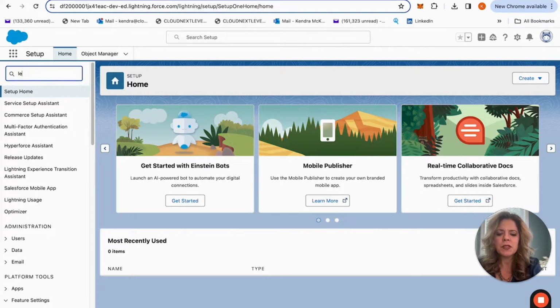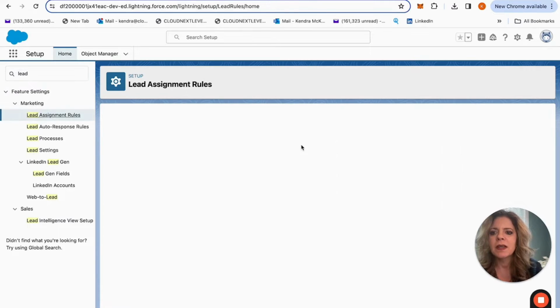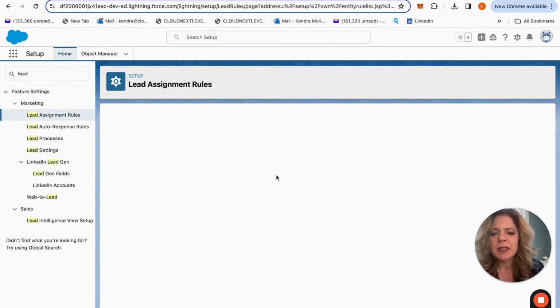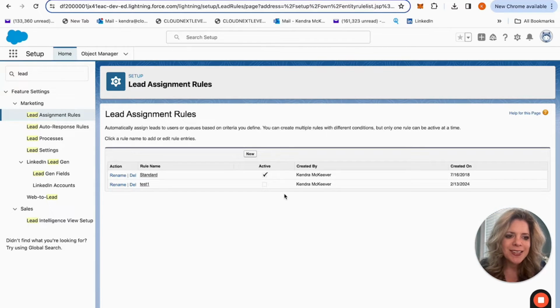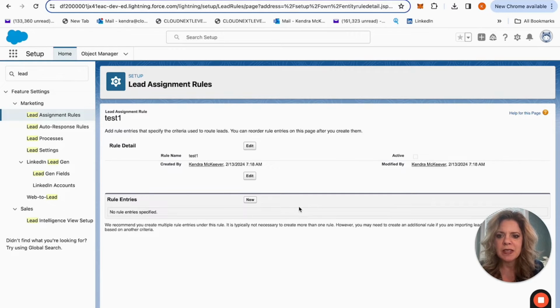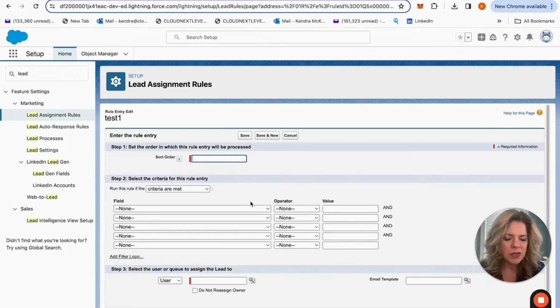So we're going to go, first of all, to lead assignment. We're going to find lead assignment rules here. It is taking just a second, but if we pull up new, just to give you a quick overview, we'll call this test one. We could activate it here, but again, I'm not going to get into the nitty gritty of all of those types of details. But what I do want to show you is the power of what's just sitting here